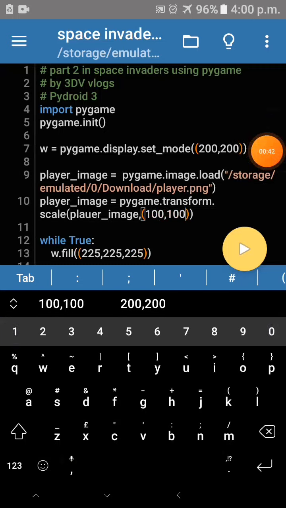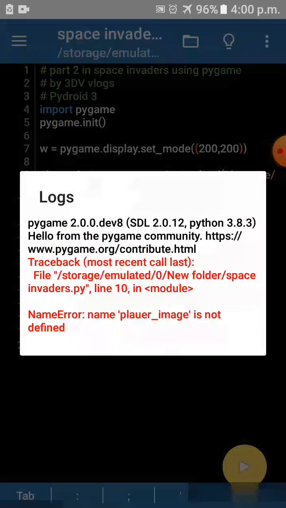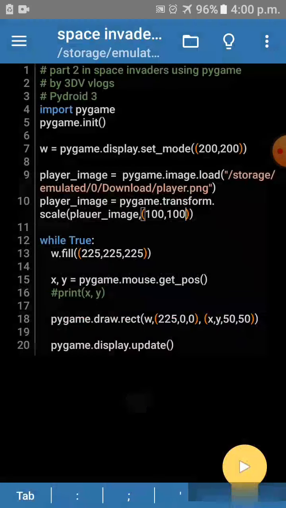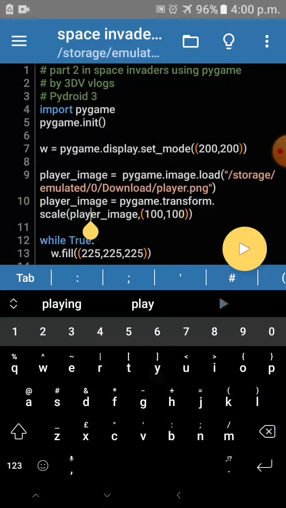Now if I run the program, nothing will happen, only the square will appear on the screen. Oh, there is an error. It is saying player image, and nothing will happen. The image didn't come on the screen. We will change that.